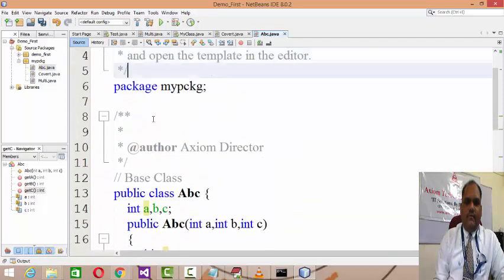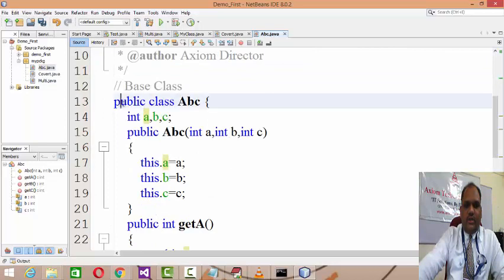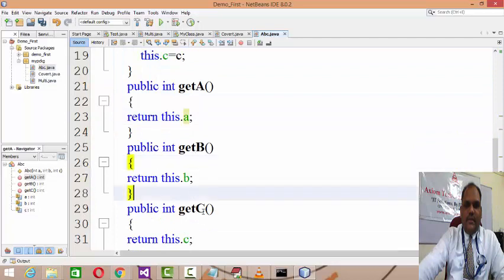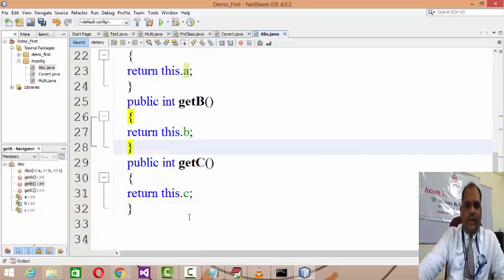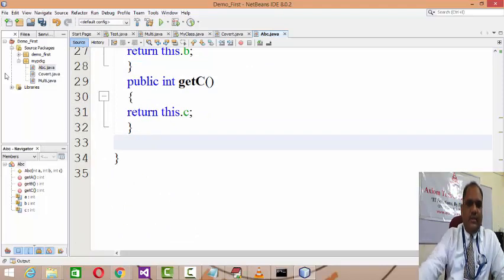What I did up till now: in the source package I have my own package by the name of mypkg. Inside that I constructed a class called ABC, which has its local private data, the constructor to initialize that private data, and the local methods getA, getB, getC to return that private data. That's it. This is the definition of my base class.